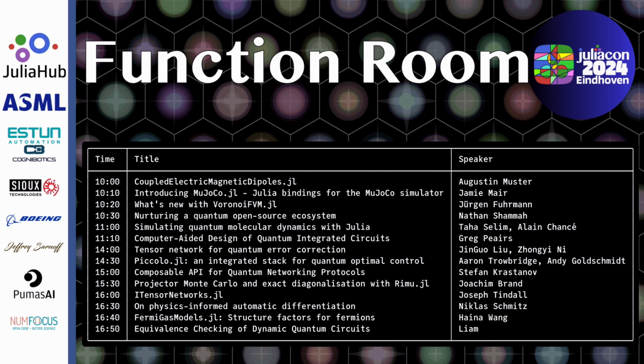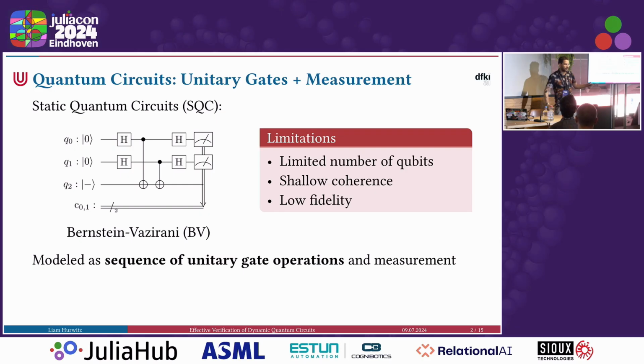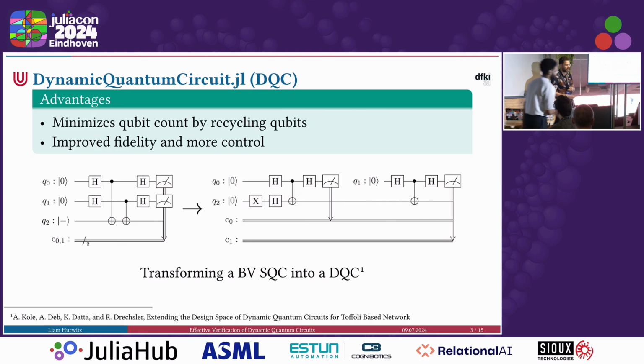So what are the big limitations of current quantum circuits? Well, first of all is the limited amount of qubits. IBM has 1,000, but there's still a very shallow coherence, so the qubit states decay very fast, and the gate fidelity is very low. IBM tries to solve this by introducing a new type of quantum circuit called